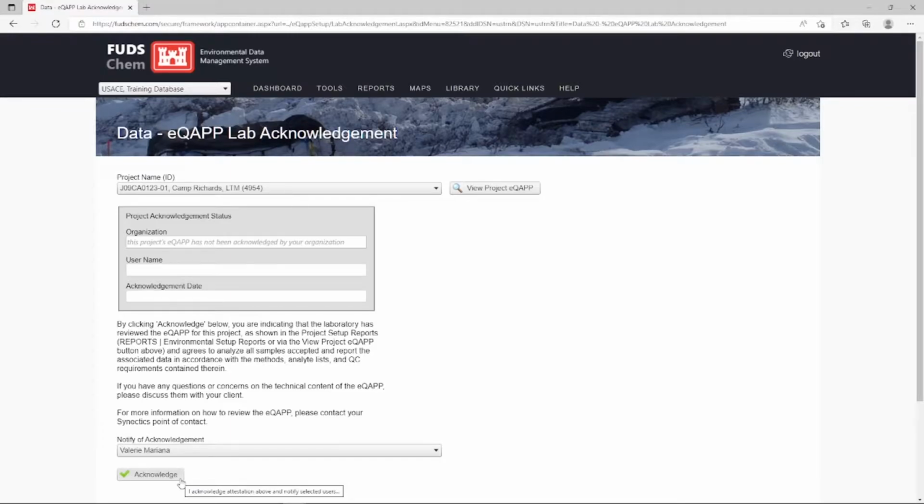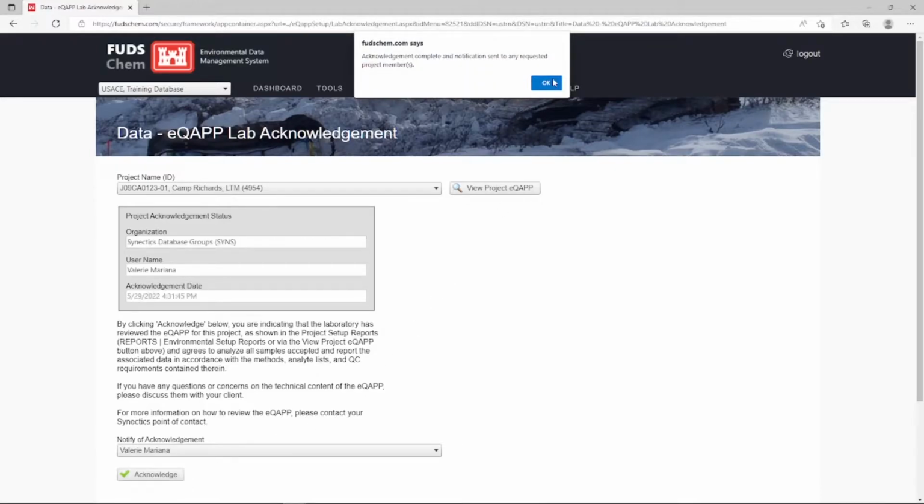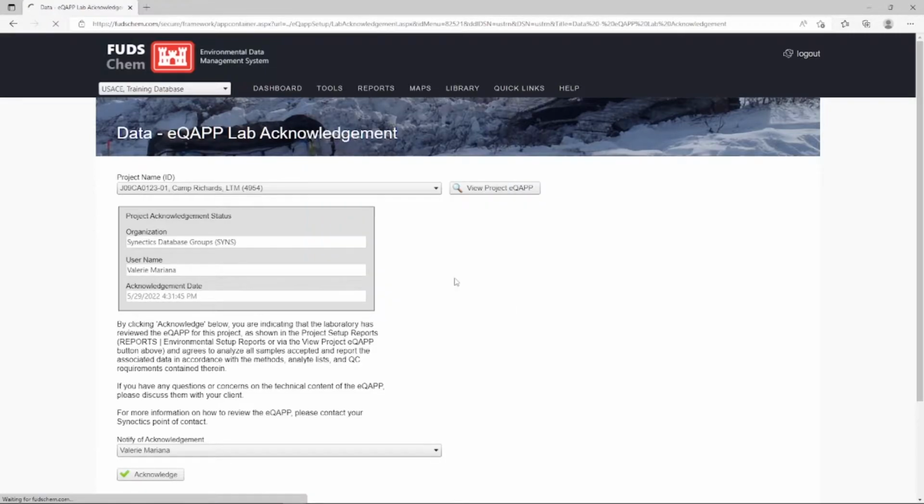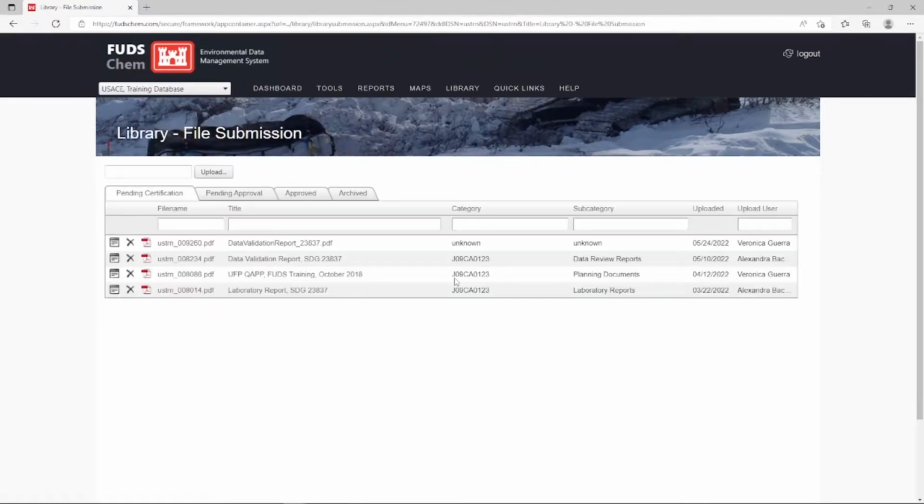Automated notifications can also be sent when you upload a file to the FUDSChem library. Go to Tools, Library, File Submission. For information on how to upload files to the library, please refer to our Library Submission tutorial video, linked in the description. For this example, we've already uploaded a file and filled out the metadata by clicking on the notepad